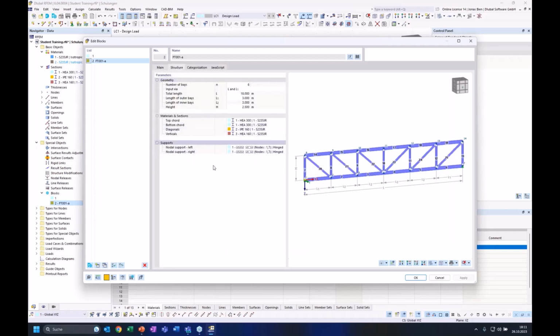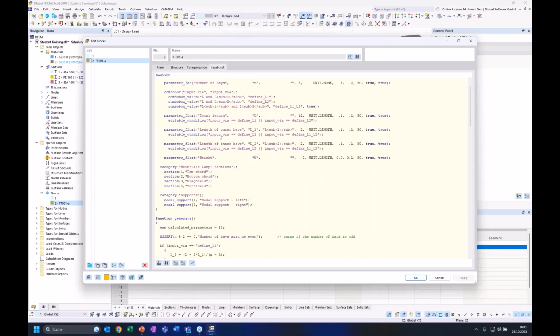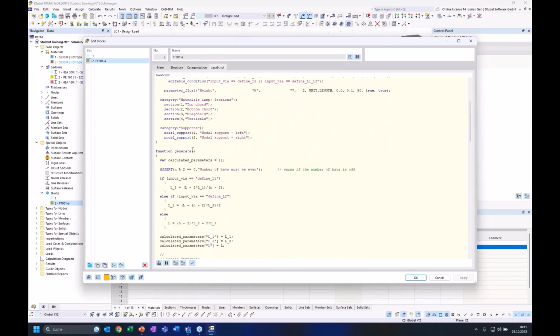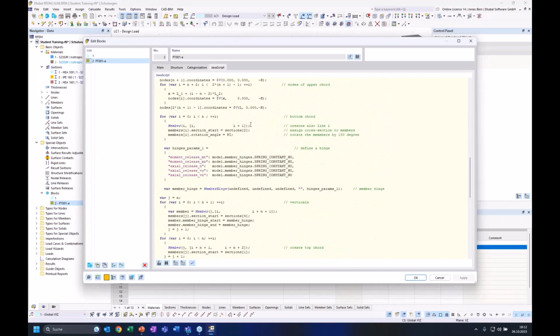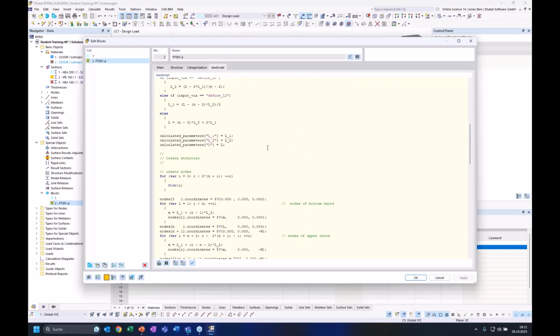So I can go back to the parameters of the block and change them whenever I want. And you are not restricted to the blocks that we have so far predefined and fed into our software. You can define such blocks on your own, and how that is done can be seen here when we go to the last page of the block. We see the source code that is the basis for our block, and you can see this is written in JavaScript,